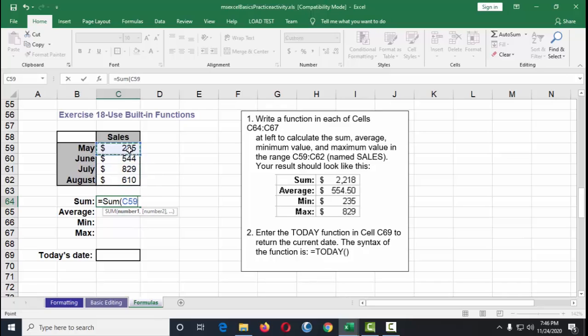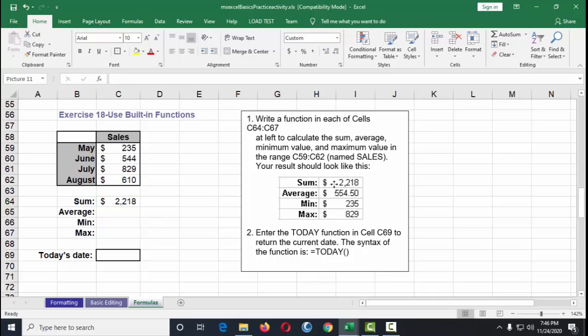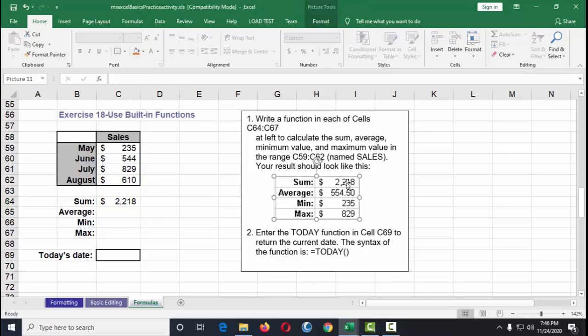Or in other words, we can put here C59, colon, this one C62, and then close parenthesis there. Okay, so this is what's supposed to be the correct answer, and we've got it correctly.